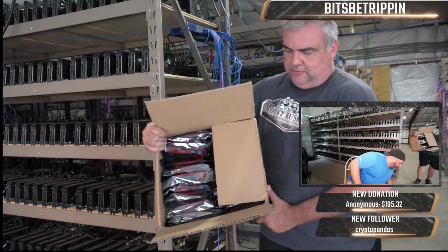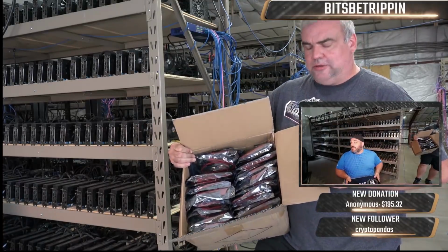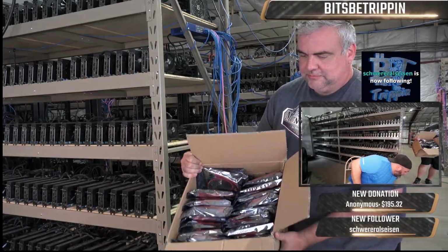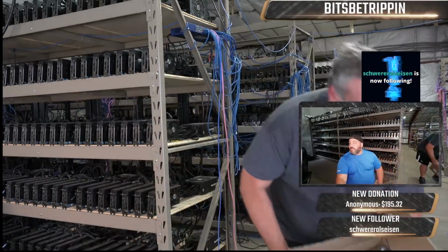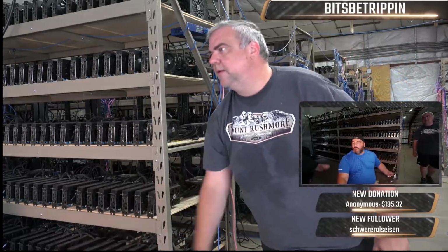So there we go. We've got close to 200 risers. Yeah, so that's about the spare risers. And I mean, we don't really have... Let me see one of them. We'll go through one from...